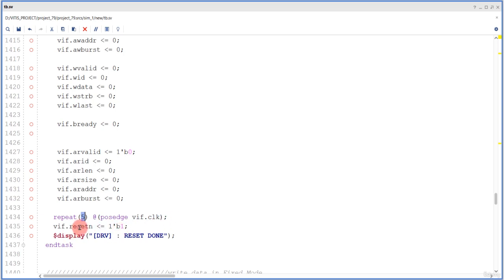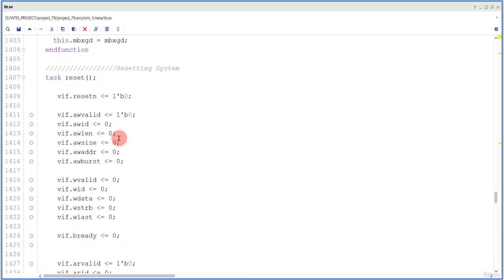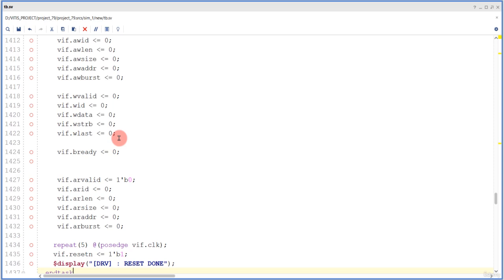So to remove a reset, the process is very simple. VIF.resetN equals to 1, right? So as soon as you apply an active high to a reset, this will remove a reset, right? And we also send the message to the user that DRV, this is the message that is generated by a driver, reset done, right? This completes a task. So we have added an end task. So this is the first thing that we add in a driver, okay, which is used to reset the system,